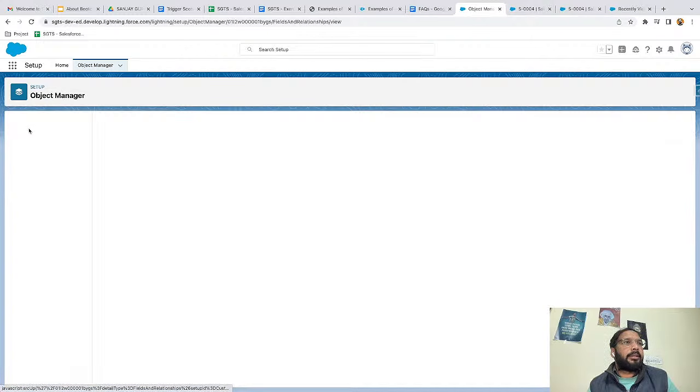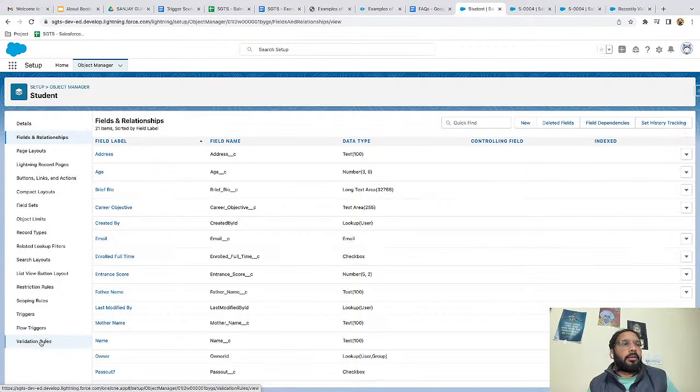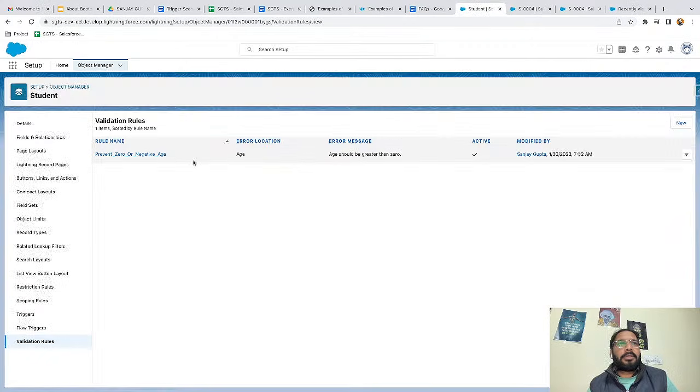So back to student. Now, again, clicking on validation rules. You can see this validation rule is available here. Rule name, error location, error message, active or inactive, last modified by, date time, everything is available here. So if you don't want to apply your validation rule, instead of deleting, you can anytime deactivate it as well,